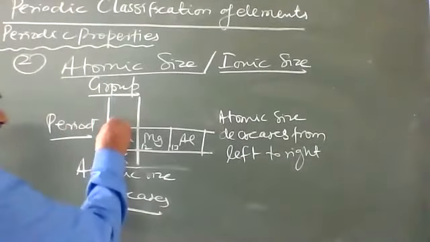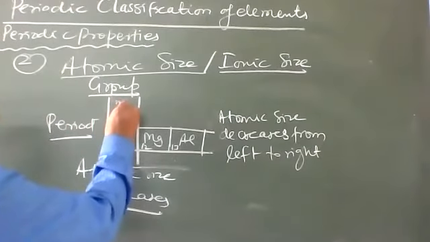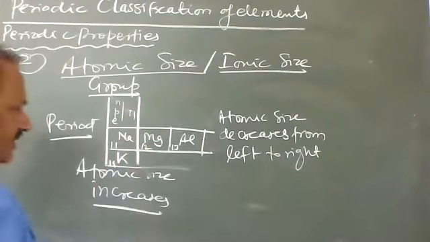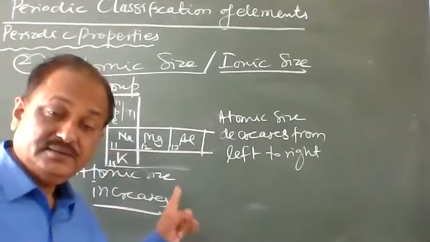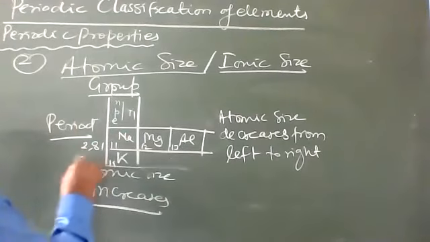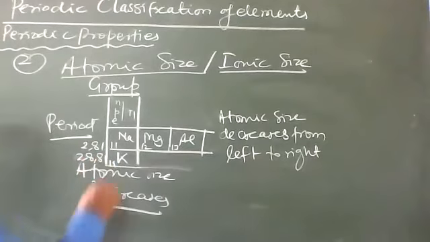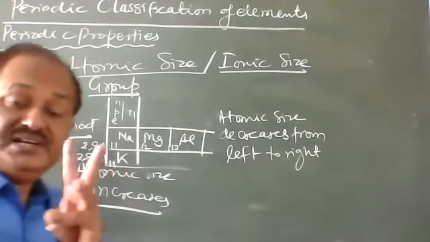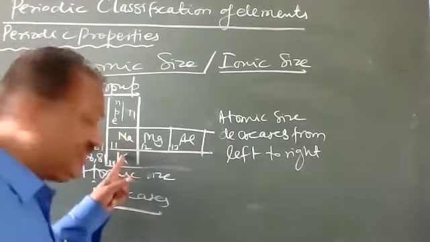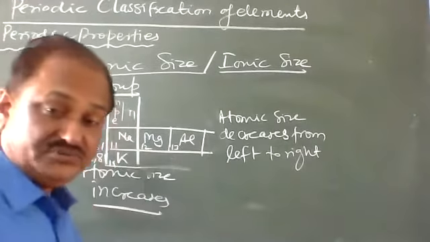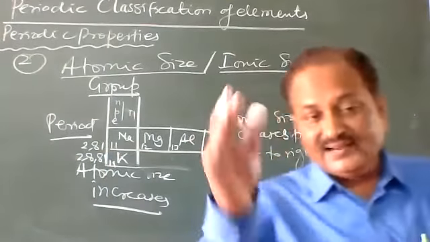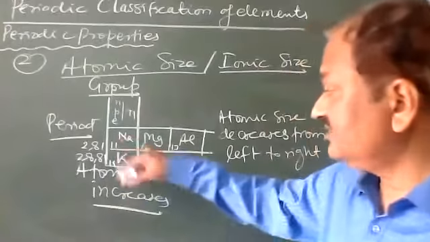So electrons, protons, neutrons, they are 11 each. Here in case of potassium, it will be different. Here sodium has 2, 8 and 1. Here potassium has 2, 8, 8 and 1. So here in case of sodium, there are only 3 cells. Here potassium, there are 4 cells. So just one element next to it, there is addition of a new cell. So here the potassium nucleus is unable to attract the electrons strongly, and so atomic size expands.